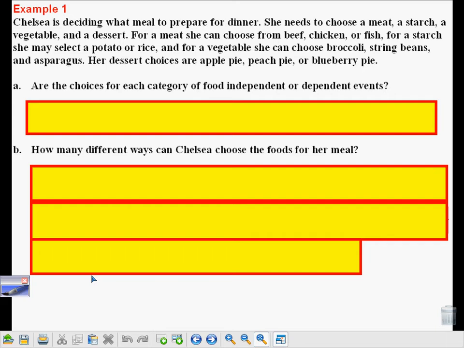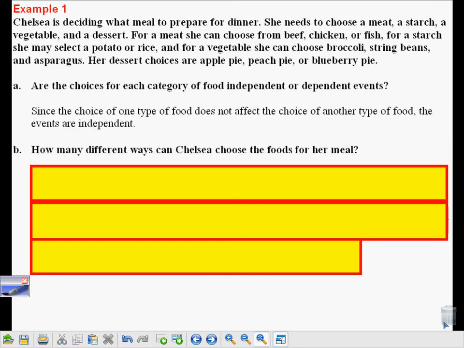So as we look at all of these choices, this wealth of things she can choose from, are the choices for each category of food independent or dependent events? So for instance, if she chooses beef for her meat, does that impact her starch choice or her vegetable or her dessert? Does that have any impact on what she chose for meat? Well, no, it doesn't. The choice of one type of food does not affect the choice of another type of food. So we say the events are